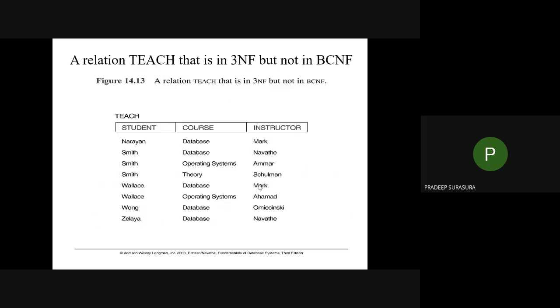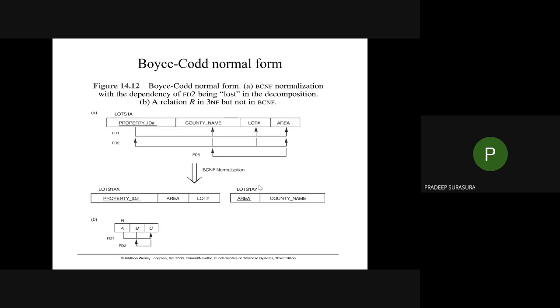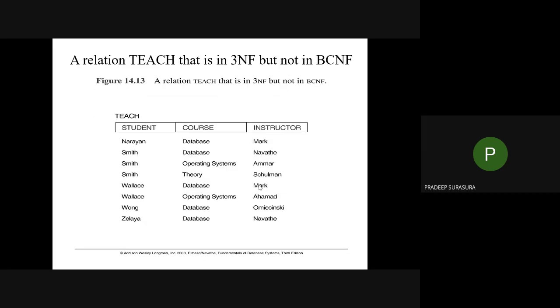So, we will try to understand one more example with respect to BCNF, a relation that is in 3NF but not in BCNF. This is the table. After this, I'm coming to this particular problem to understand that BCNF is not satisfied, but 3NF is satisfied. Understand the same thing: a relation satisfying BCNF definitely satisfies 3NF, but a relation may satisfy 3NF and may or may not satisfy BCNF.